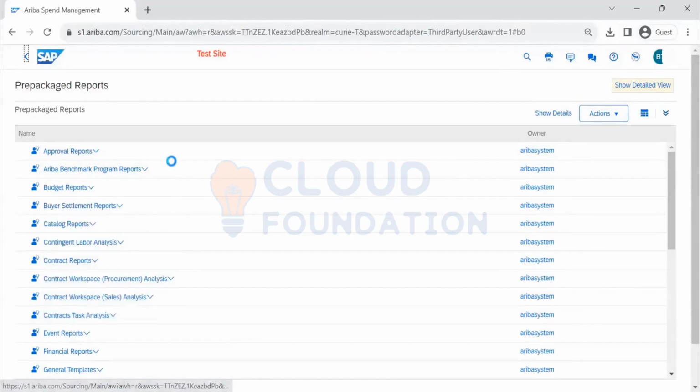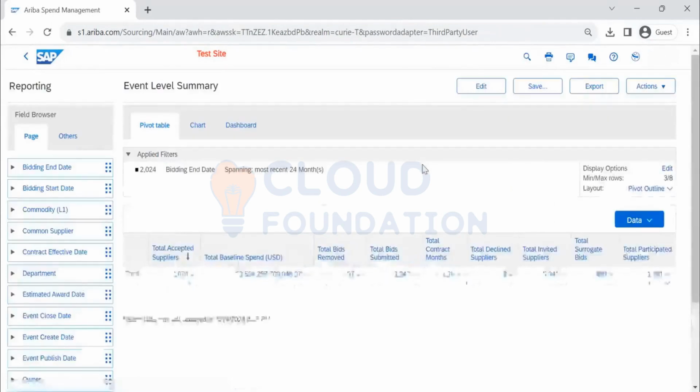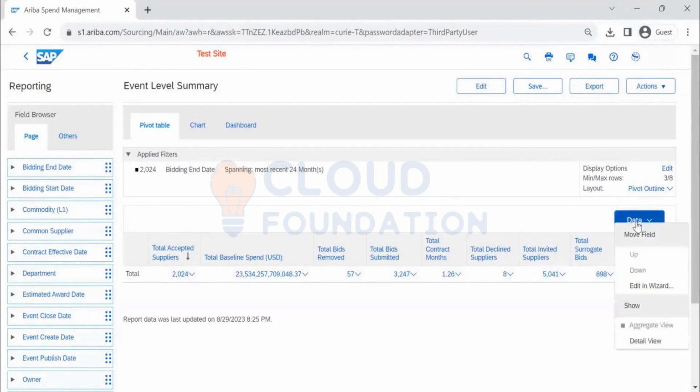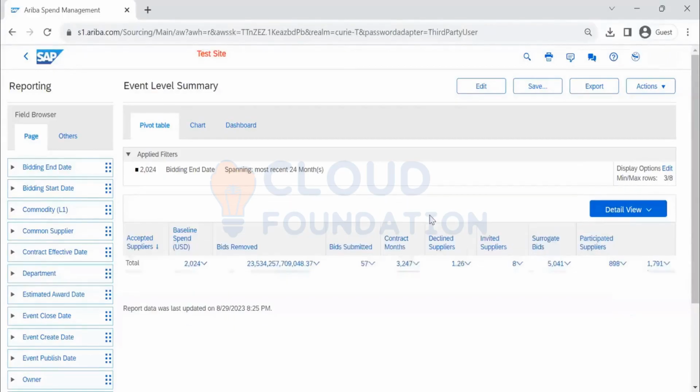Click on Open. It will give you event level summary, SAP, supplier participation, all these details. Event level summary, click on Open. This is a beautiful report. You can see the total bids received, total bids submitted, ones declined. Go by data, click on detailed view. Then you will have